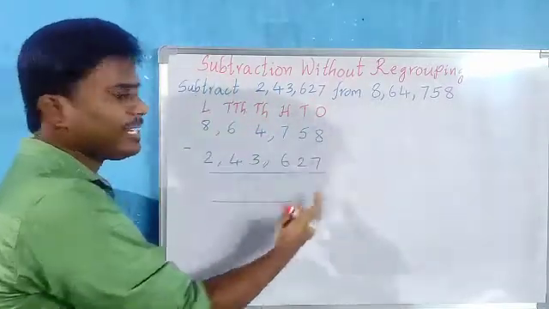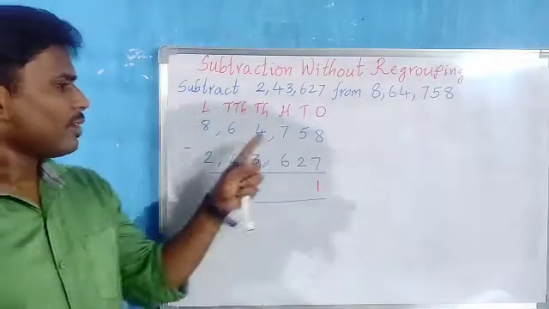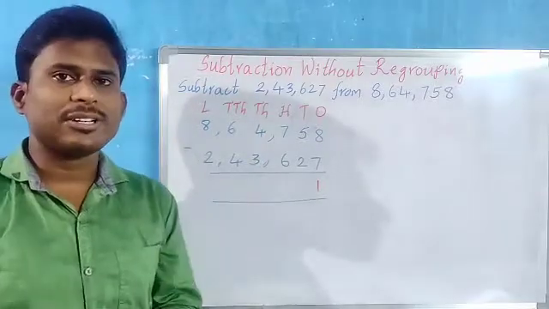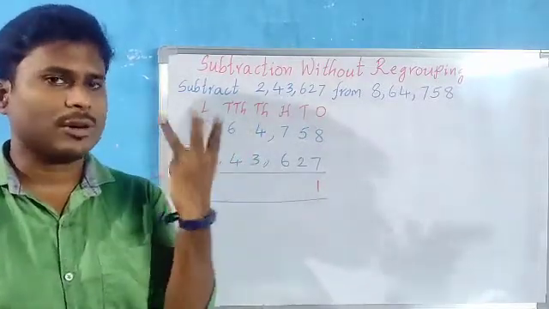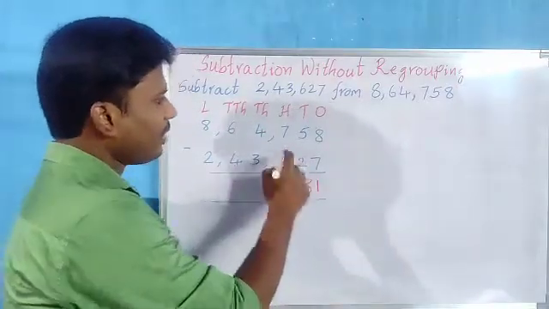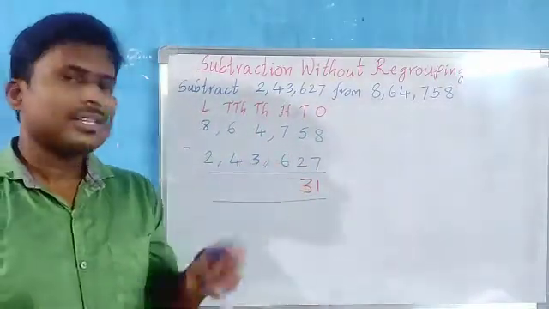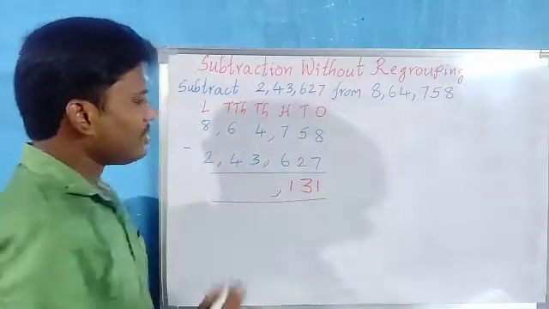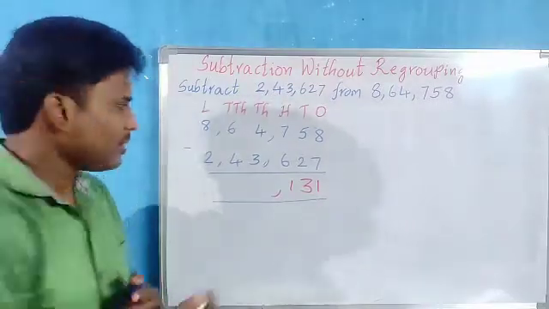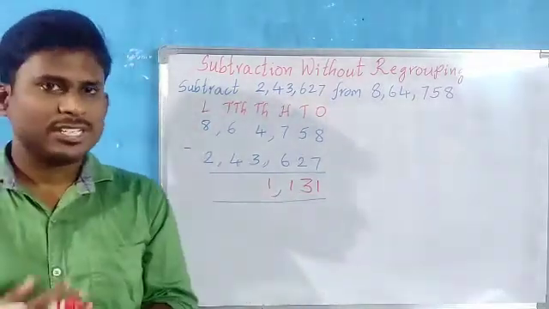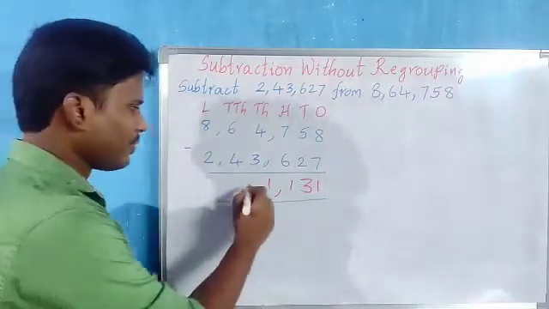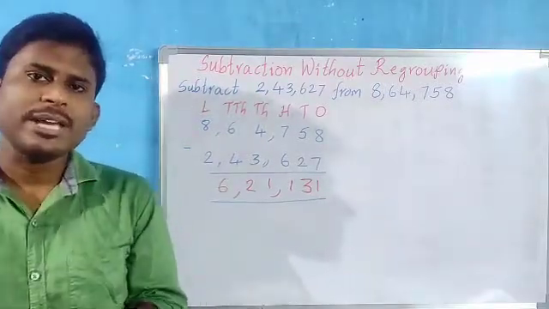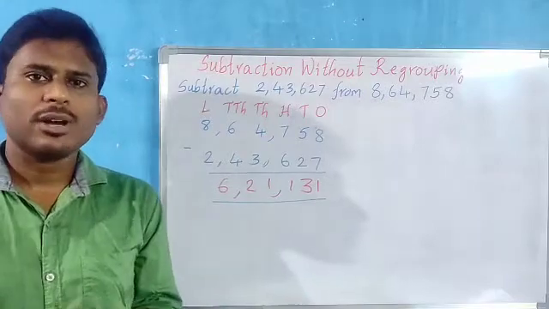Now see, children, 8 minus 7, 1, children. Now 5 minus 2, or else you can add 2 plus how many equals 5, children? 3. 4, 5. In the reverse method also you can count 3. Then 7 minus 6, children, or else 6 plus how much equals 7? It's 1, children. So the 1s, 10s, 100s are completed inside the comma. 4 minus 3, children, what is the answer? 1. 6 minus 4, yeah, good, 2. Then last, 8 minus 2, 6. So the answer will be 6,21,131, children.